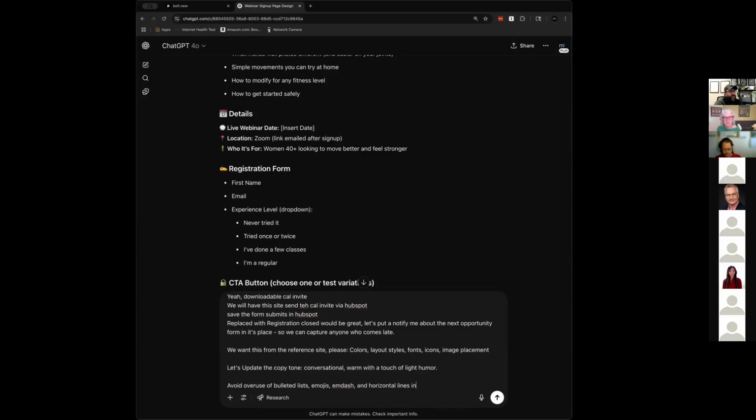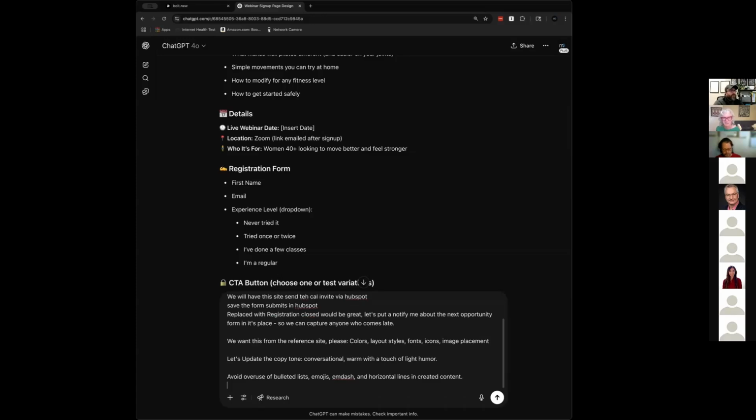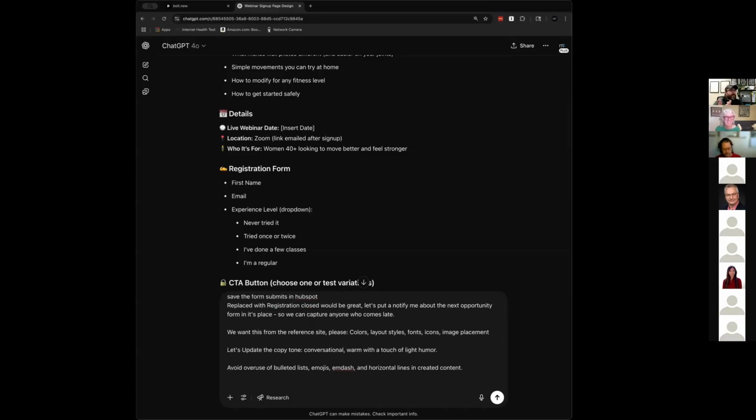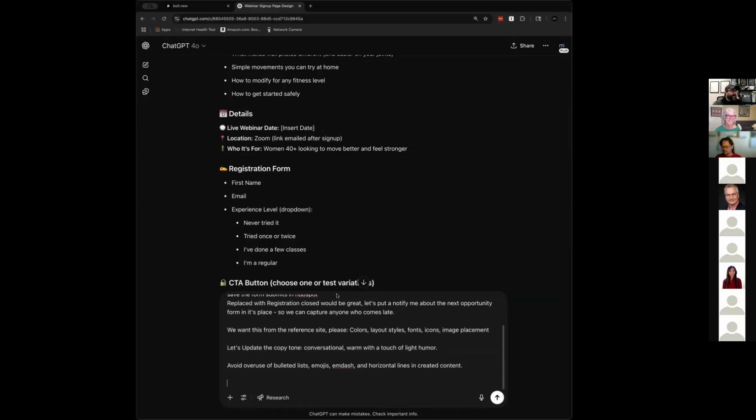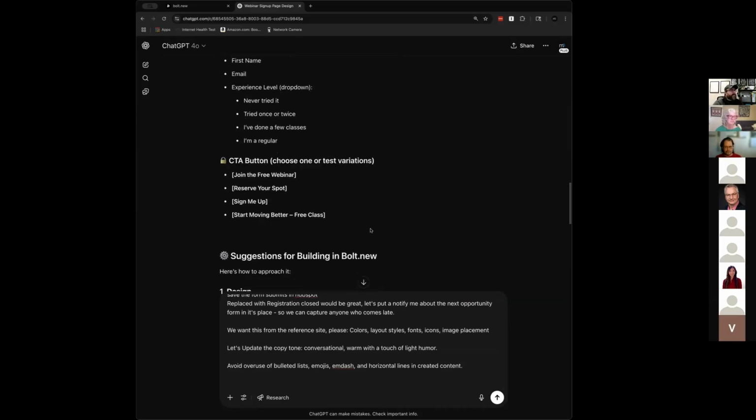So they kind of override ChatGPT's desire to make everything lists. What's weird is that ChatGPT actually gives you the option to set preferences. And I have specifically told it no more emojis, no more horizontal lines in content, and it still does it. It's over-indexing there.